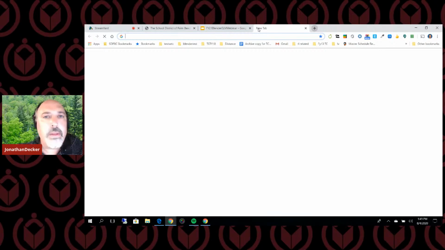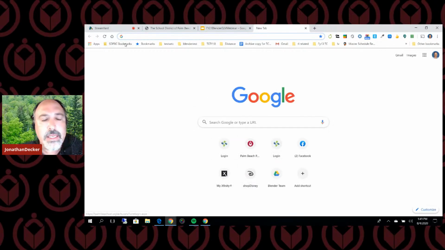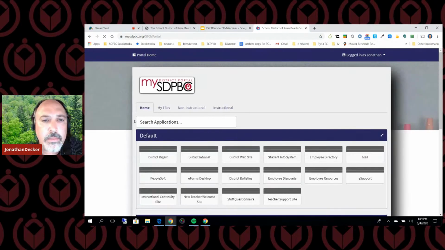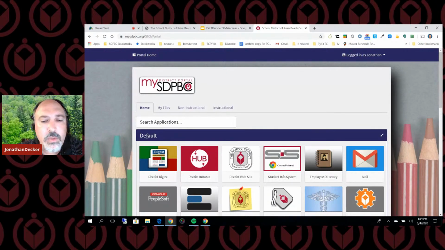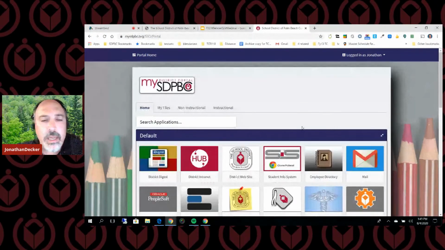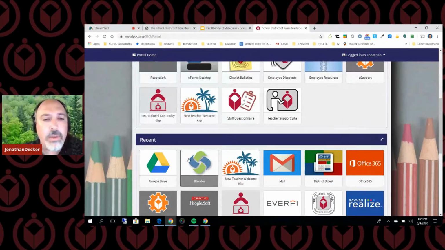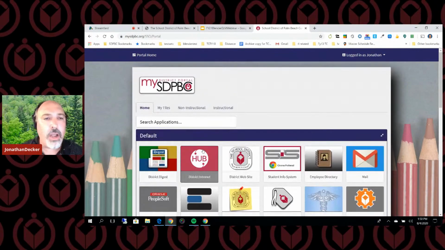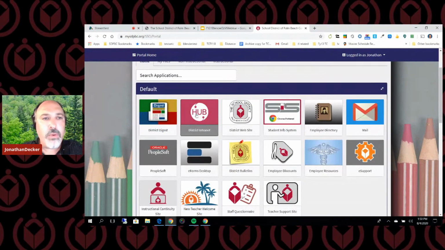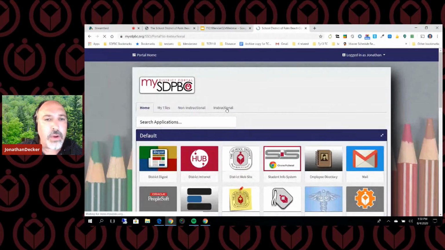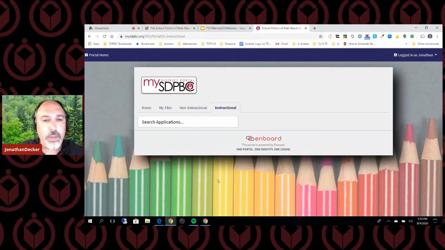But one of the key things is that Blender access is provided automatically for teachers who are assigned to classes, as well as the academic support staff at the schools and in the district departments. So the first time you log into Blender, you may not see the pinwheel right up front, but what you're going to look for to access Blender is to log into the district portal, find your way to the Blender pinwheel, either by clicking into the Instructional tab, where you'll find the Blender pinwheel.